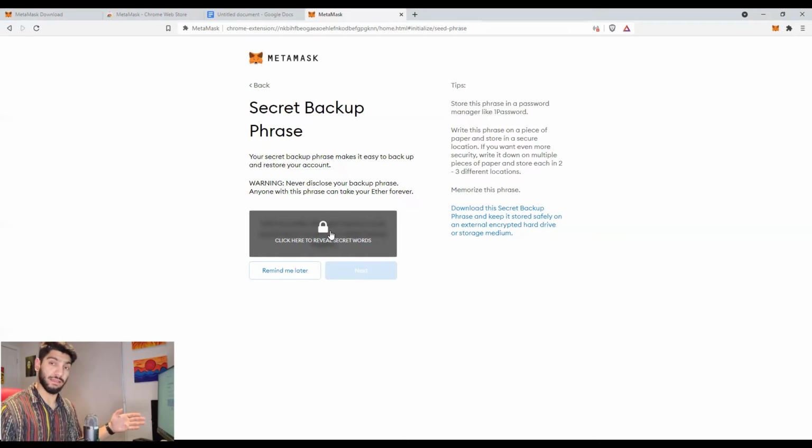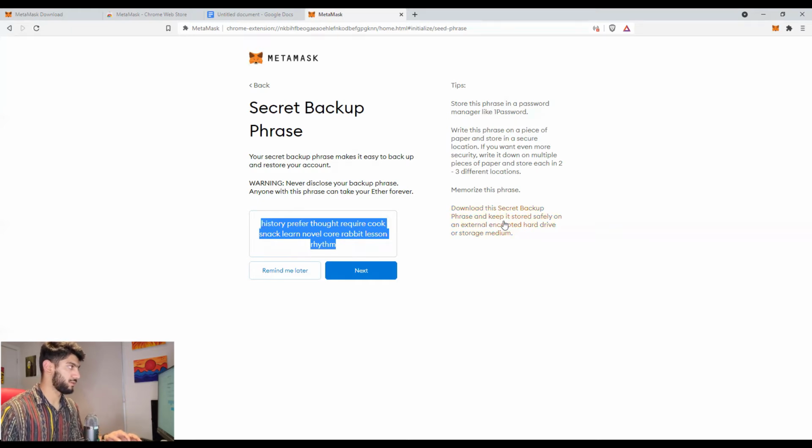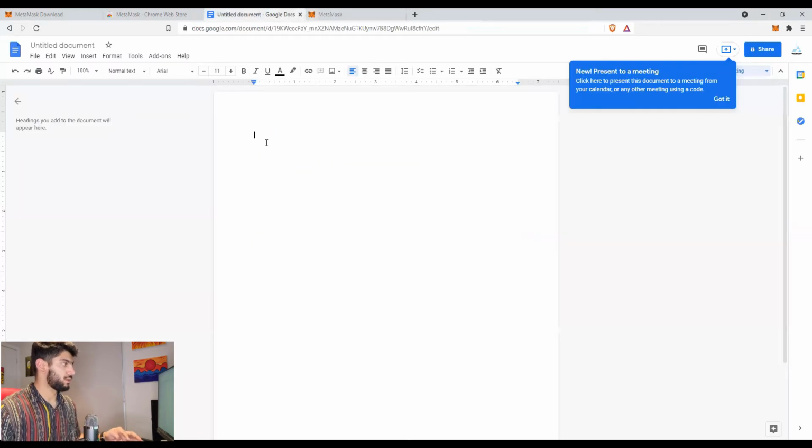You have to keep this safe, and never give it to anyone else. You can use any password manager or something like that. I will click the secret phrase. We'll copy this, because in the next step they will ask me to